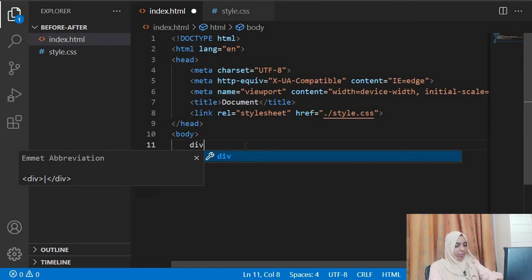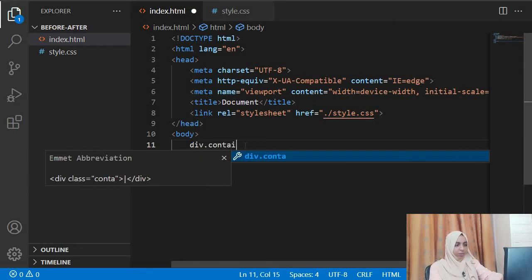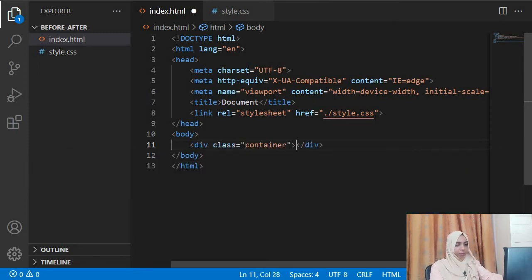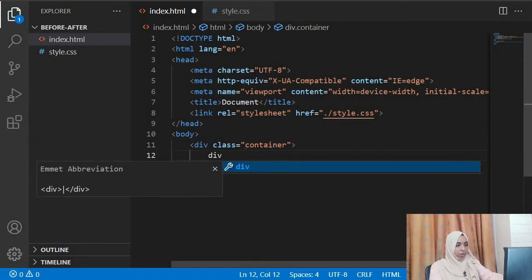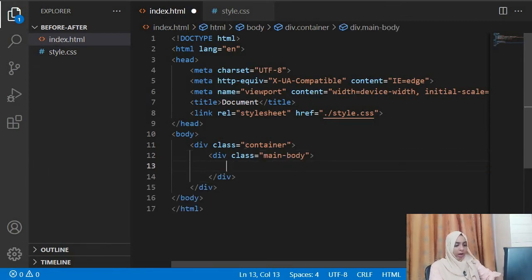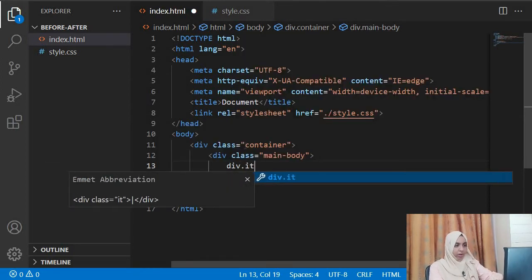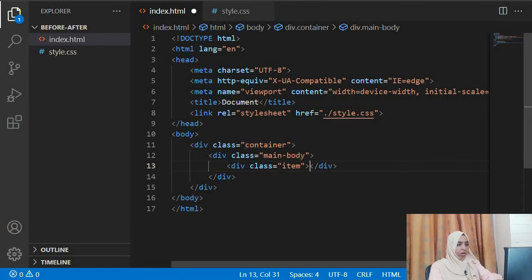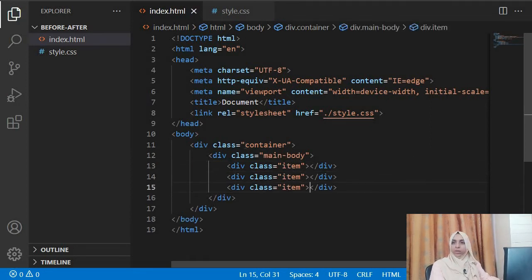So let's have a main div named container, and inside that we give a main body div, and the other divs inside them will be our item divs, the 3 divs that we will be having. So we have this structure ready over here.